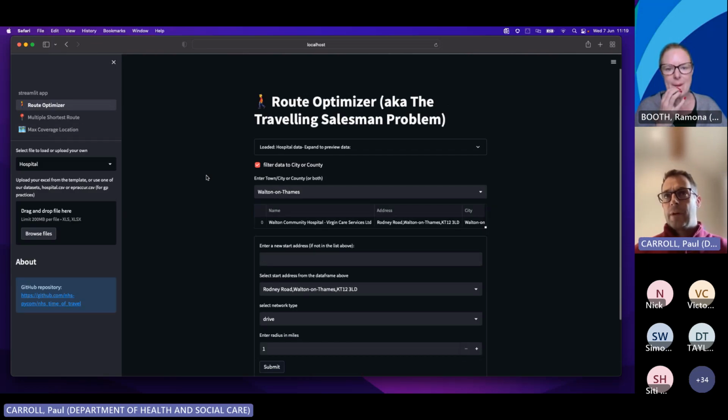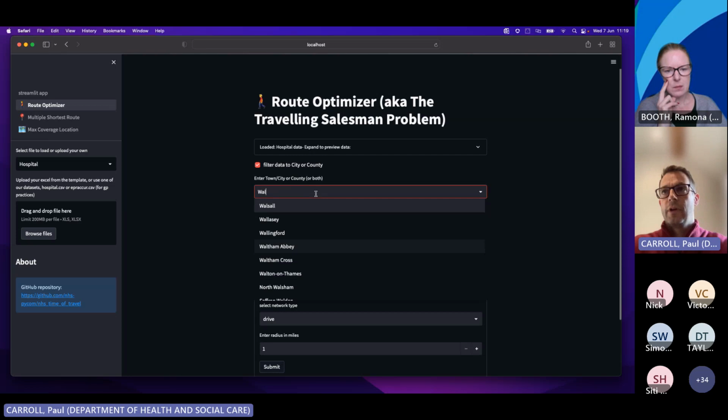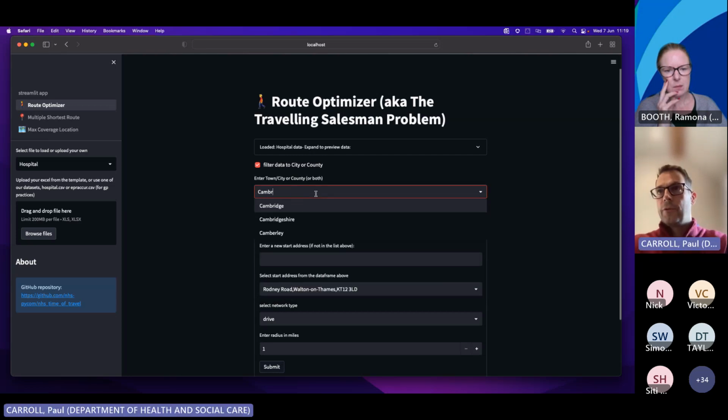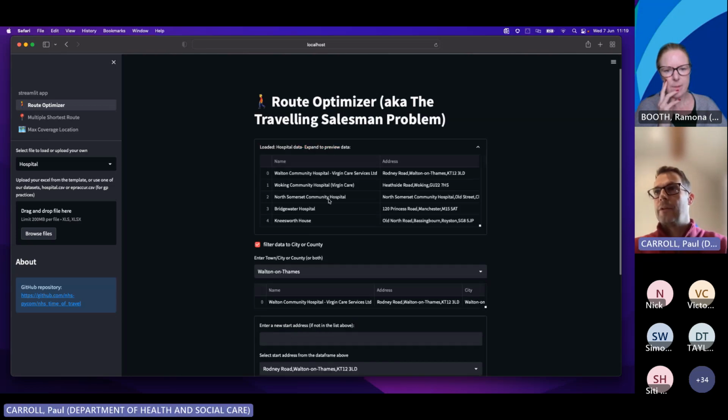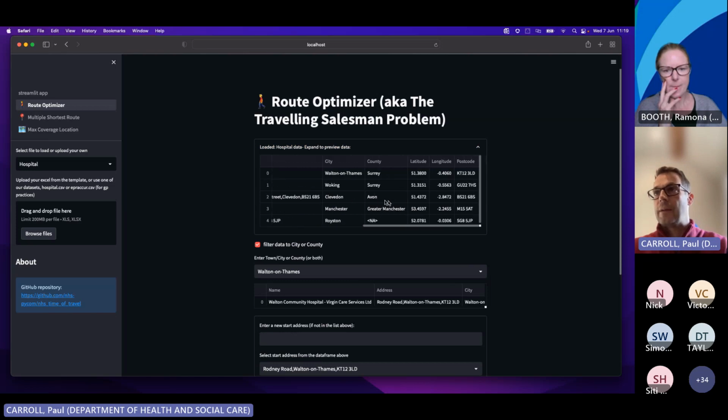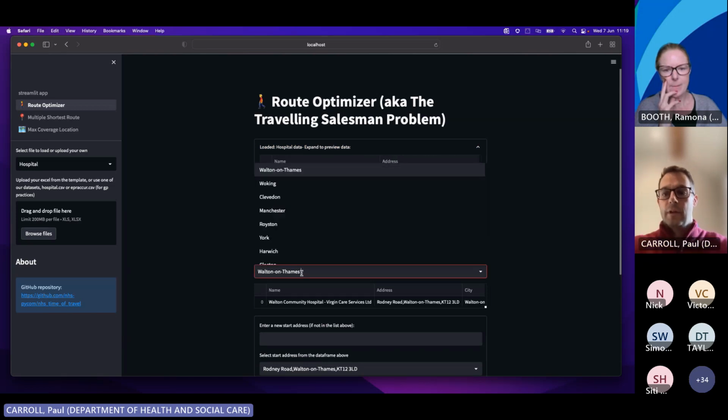So the app comes preloaded with the hospital dataset, which is NHS Digital's list of hospitals for, I think, NHS England and Wales. If you select a town from here, we'll use Cambridge. The data frame will filter from the full list, which if I click on here, you can see what the data frame looks like. It's just the list of the names and the longitudes and latitudes. If we select Cambridge, it should filter to